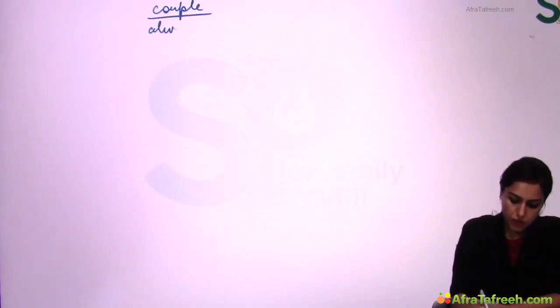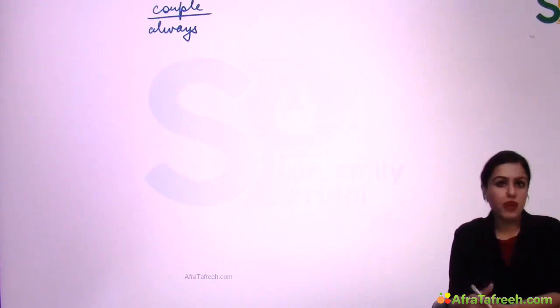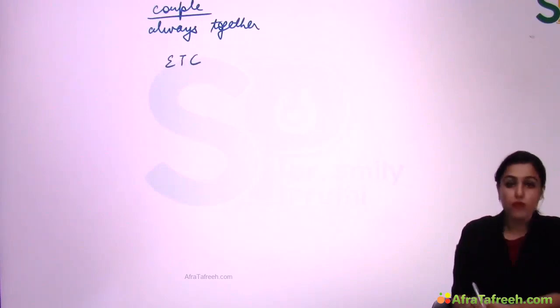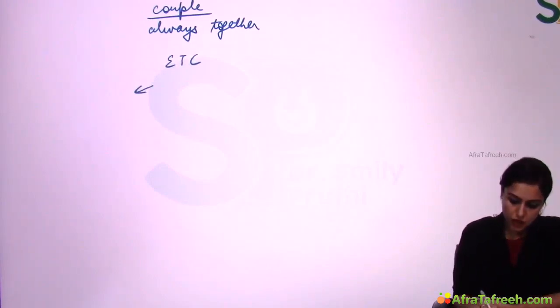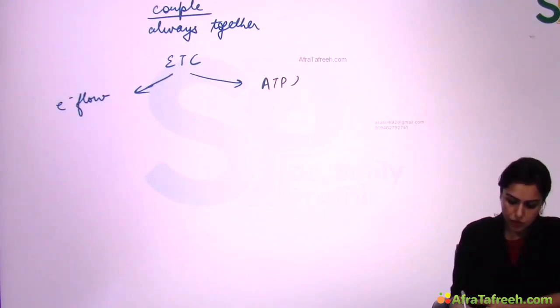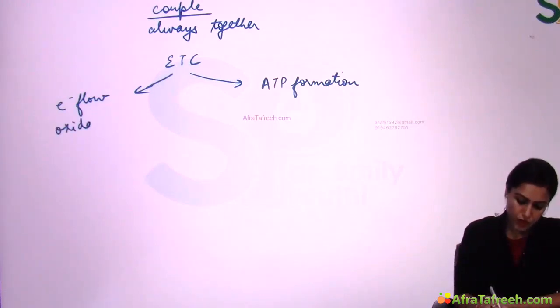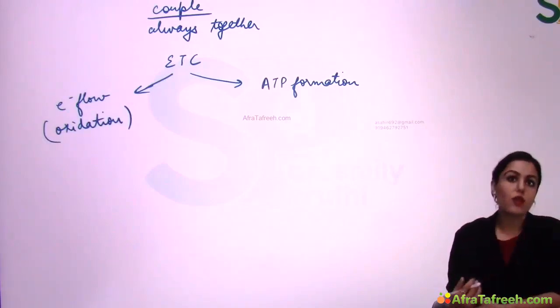Coupling means always together, like husband, wife, couple. So they are always together. But in ETC, we have to see which two things are together. In ETC, whenever electron flow occurs, ATP formation will follow it. They are always together. Now, electron flow is known as oxidation because every time the previous thing is getting oxidized,